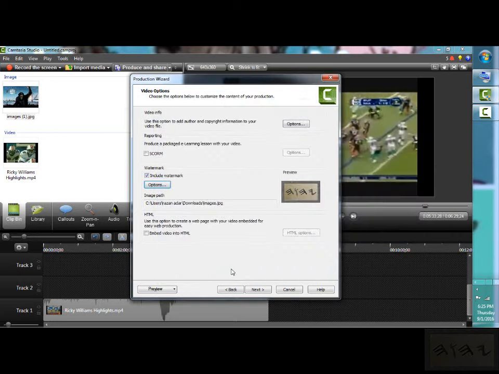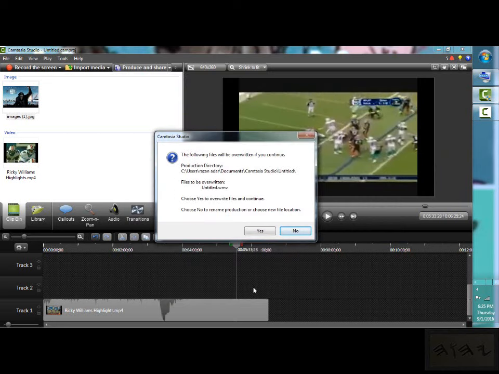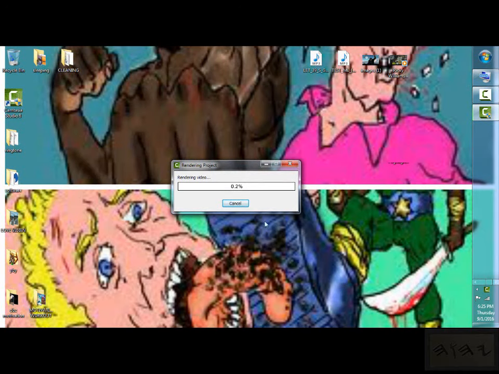And you press OK, and then you press next. We're almost done. And then you want to name your sit down video or your camp video. You just name it. After you're done naming it, you press finish. So I'm talking about override it. Yes. If you got the same name, you can just override the same name, and it's gonna render,